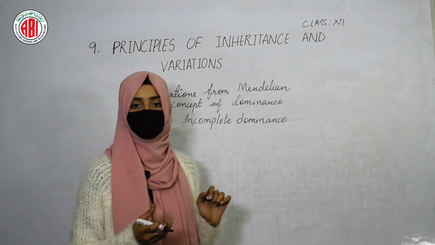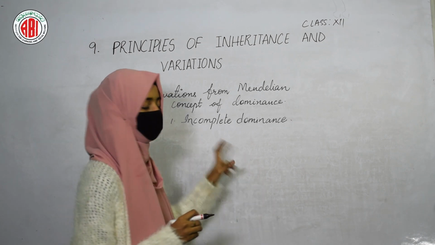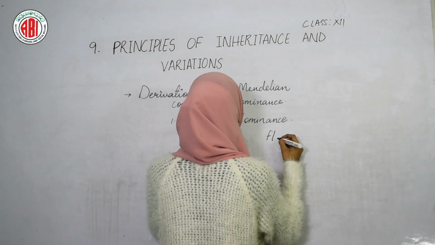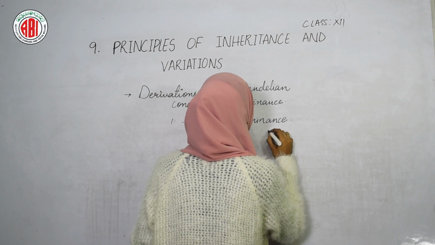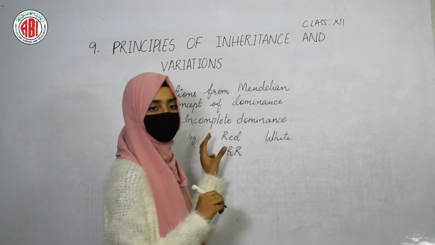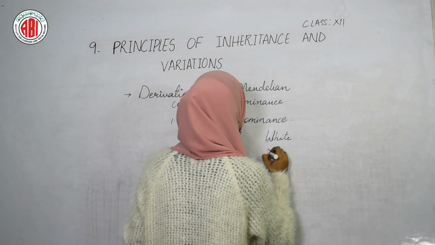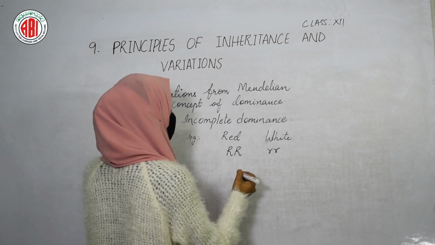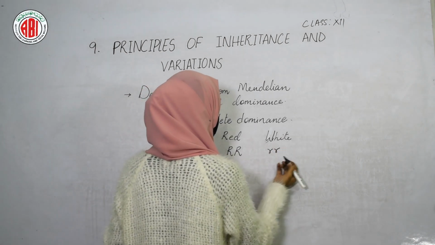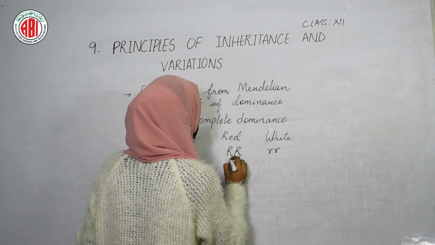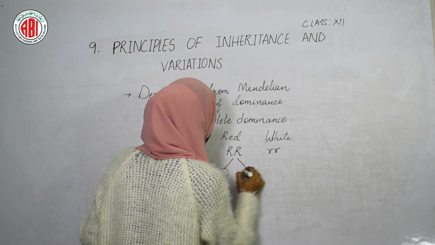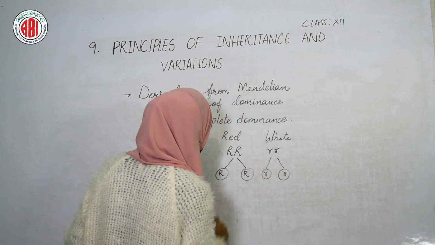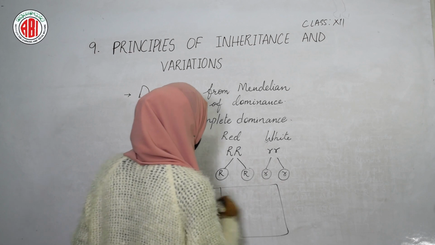Let us take one example to understand incomplete dominance in a better way. Here in the example, we will take one red flowered plant and the other one a white flowered plant. The pure lines should be taken as the parental generation. Here capital R and capital R represents red, which is the dominant color, and small r represents the white color. Now the gamete formation takes place, and after the formation of the gametes, let us draw a Punnett square to understand the production of the offsprings.